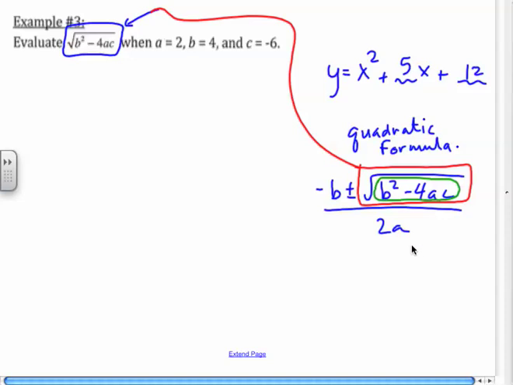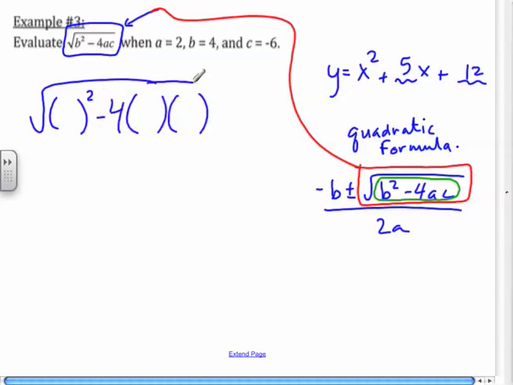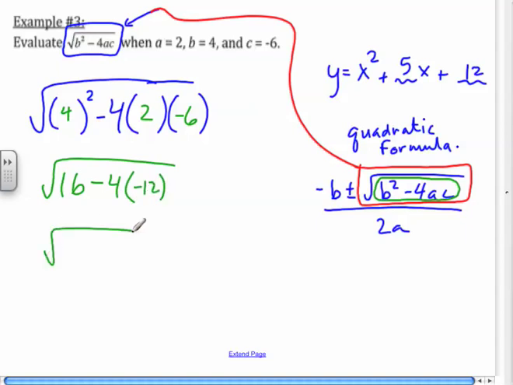Okay, so there we go. Let's see. This is saying the square root of b squared minus 4 times something, and then I'm going to plug in my numbers. I know b comes first, so that's 4. And then a comes next, so that's 2 and negative 6. All right? So then when I simplify that, I'm going to get 16 minus 4 times negative 12. Okay? And then I'm going to get the square root of 16. Remember, minus 4 times negative 12, that's going to be positive